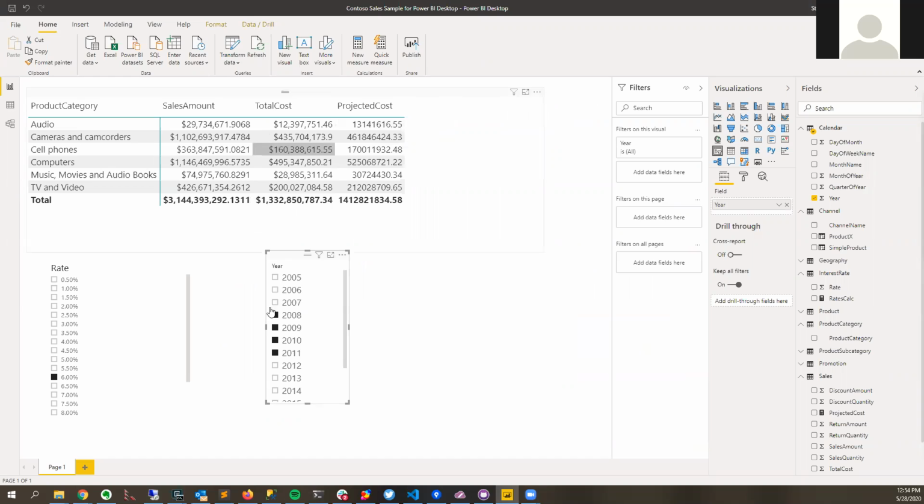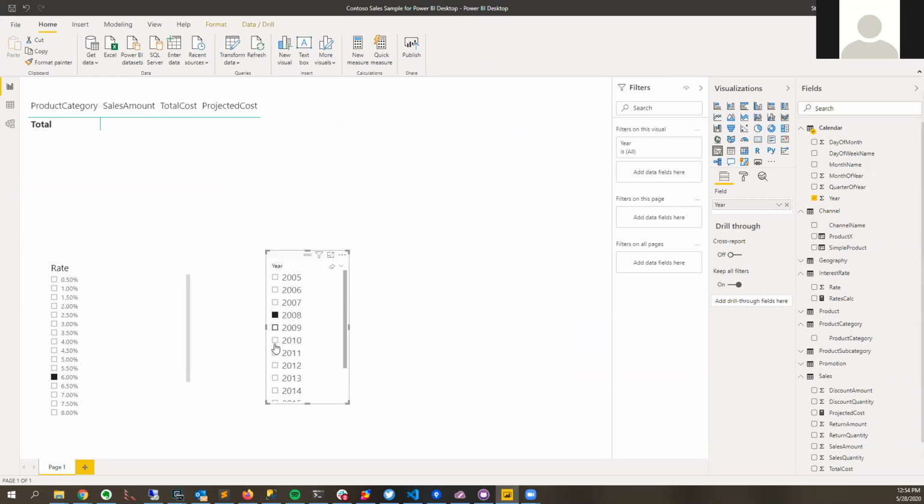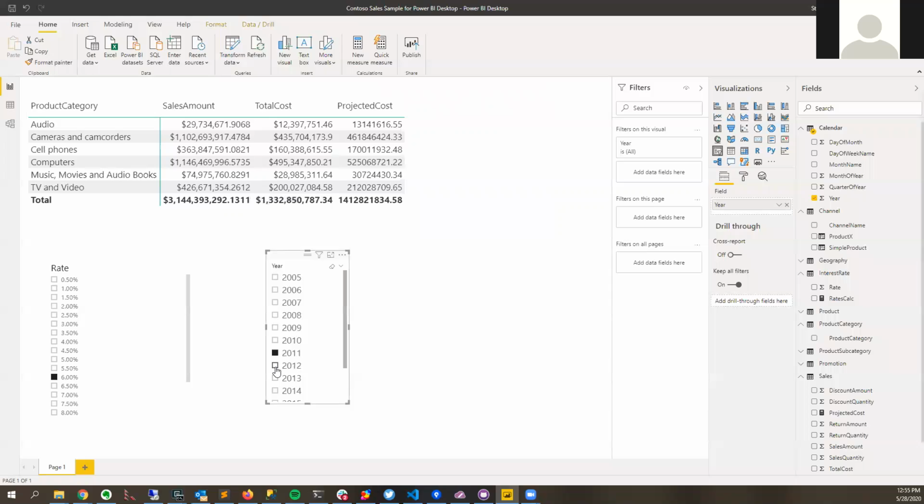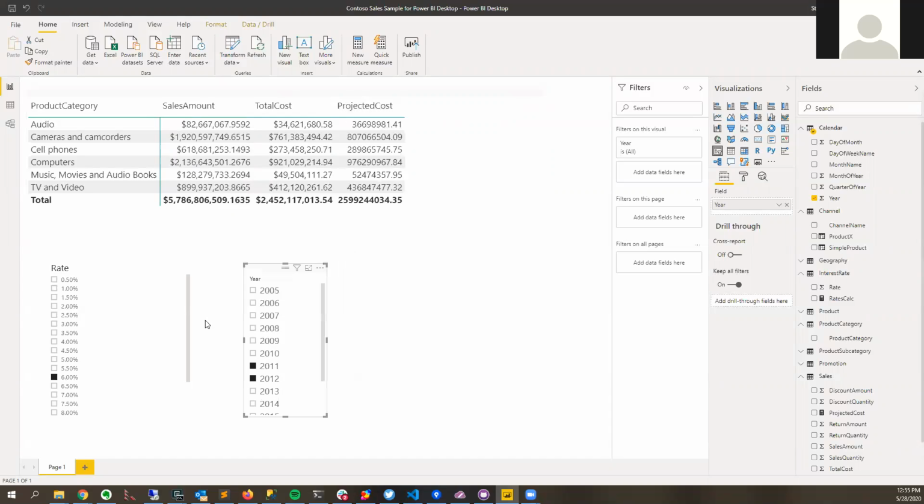This is 12,397. If I take away, well, if I pick a certain year, 2011. What if I add another year? So that 12 million goes to 34. So that's what, 18 million. So if I do that, 22 million. So you can see as I pick these, I'm getting these adjusted, which is to me where the power